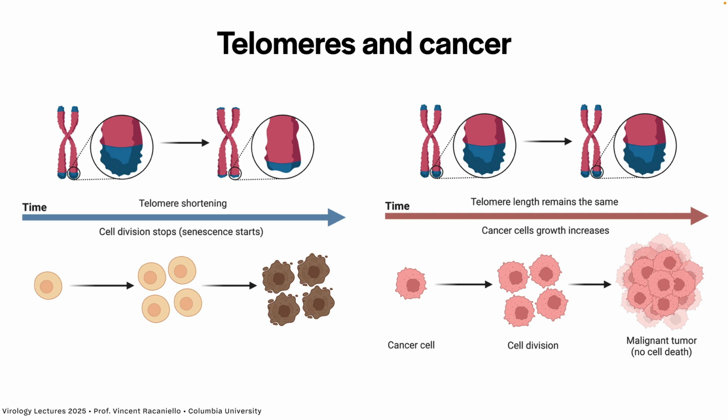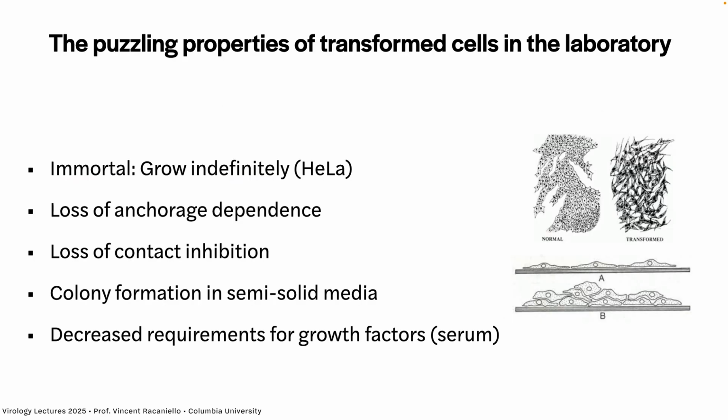Okay, so that's what's happening at the ends, and that's why cells die in culture. And telomeres have to do with cancer also. In regular cells, as I've just told you, here are the telomeres, the ends of the chromosomes. With each cell division, the ends get shorter and shorter, and eventually somatic cells stop growing. But cancer cells grow all the time because the telomere doesn't get shorter, because there are mutations that have allowed the telomere to remain the same. That's one of the kinds of things that can happen to cause cancer cells, having the telomere active all the time. All right, back to transformation.